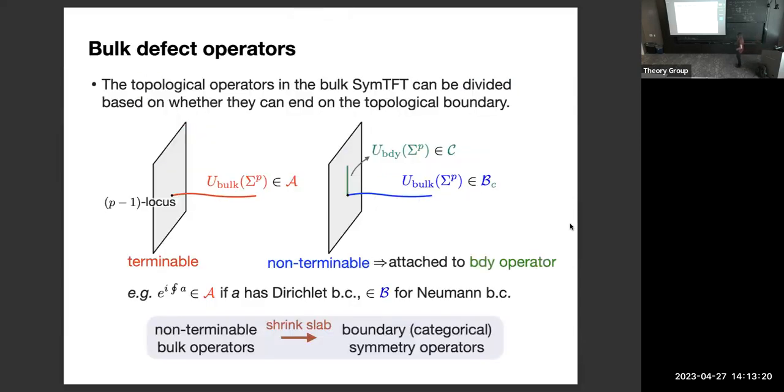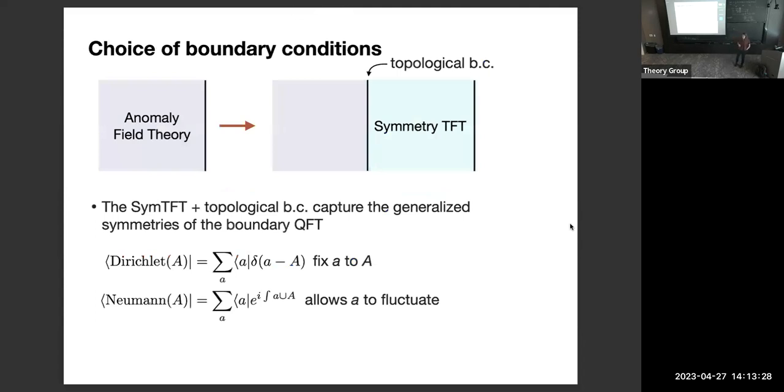Okay, so I have the symmetry TFT. Why is it important to impose the second boundary? Usually when I think about anomaly inflow, I don't imagine that there's a second boundary. Of course there's the physical theory, and there's something going out over there, I don't care. Why don't we just have the same picture? There's the physical theory, there's some TQFT here. Why do we care about this other boundary?